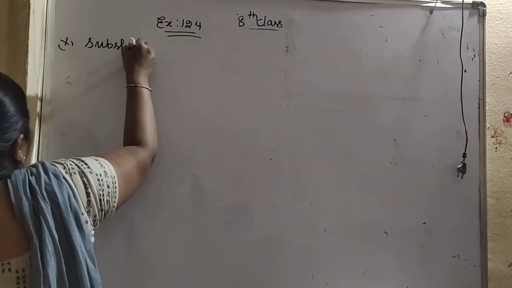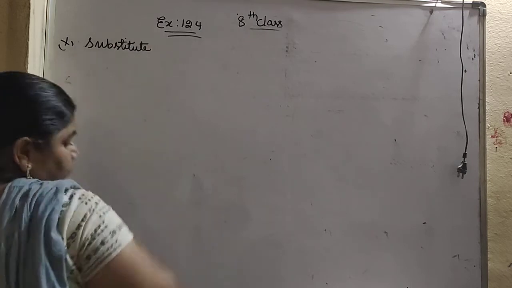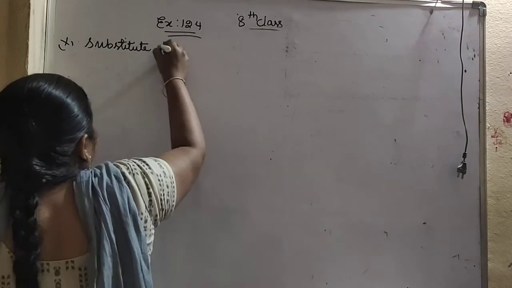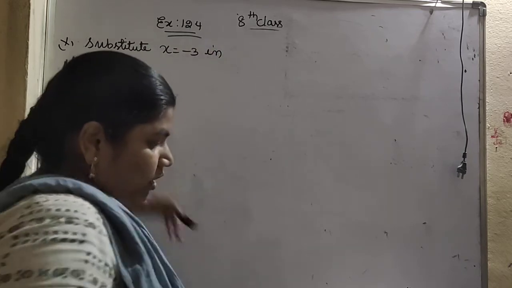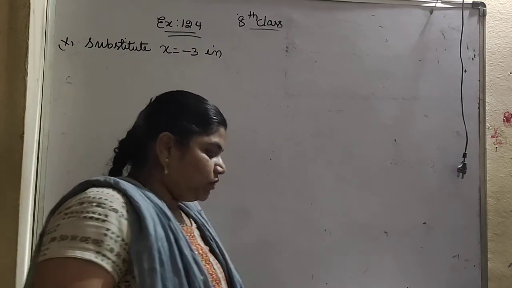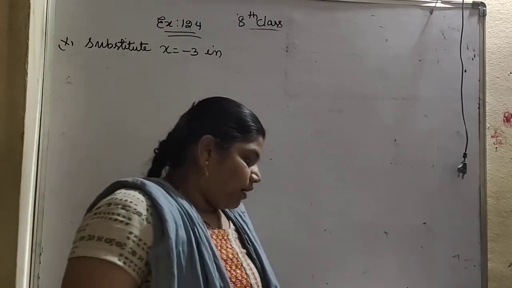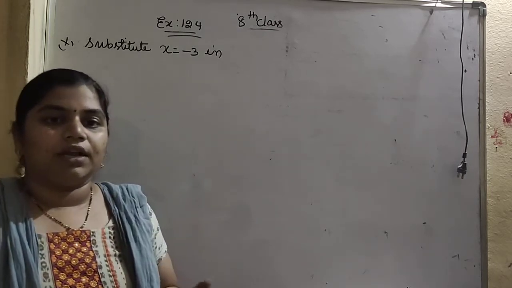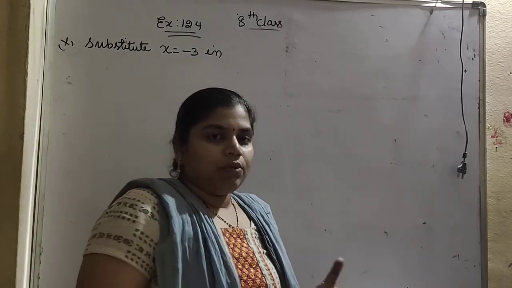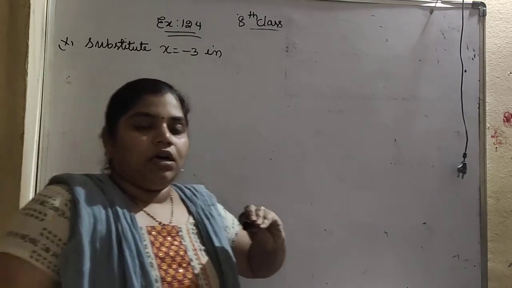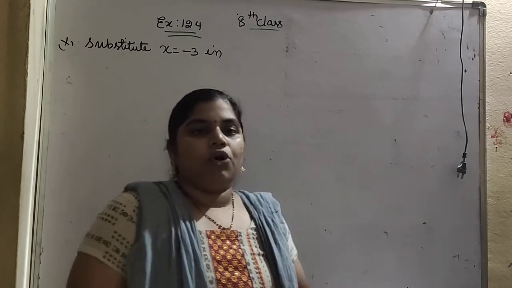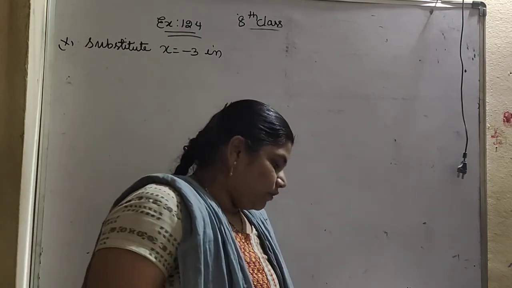Substitute x equals -3 in the given equations, and you will see whether you got the correct answer or not. They have given one expression, and we have to check whether that expression has any error or not. So in that, the first one is